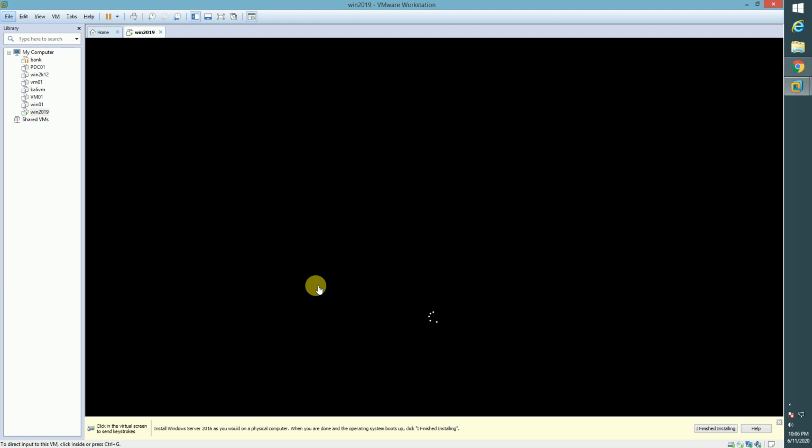Once the reboot is done, it will prompt for user ID and password. By default, administrator is the user used in Windows, which is a super user. In Linux there is a root user, which is a super user. So then it will prompt us for the user ID and password. User ID by default will be administrator, and password whatever you want, you can set it. It is getting ready now.